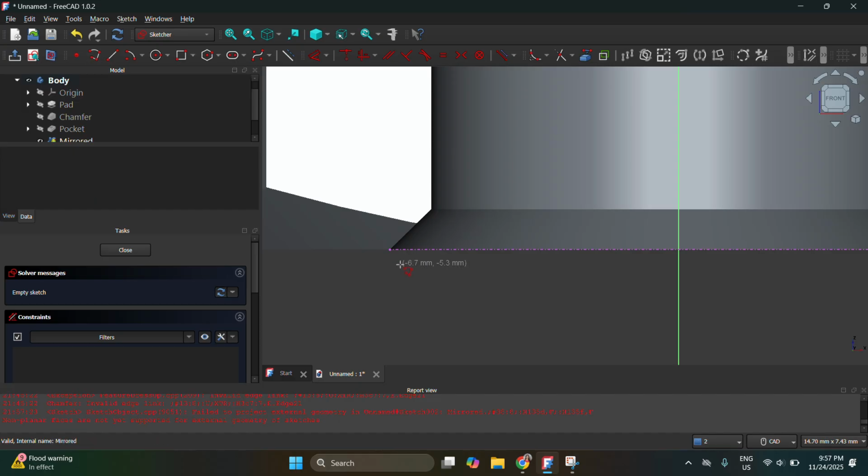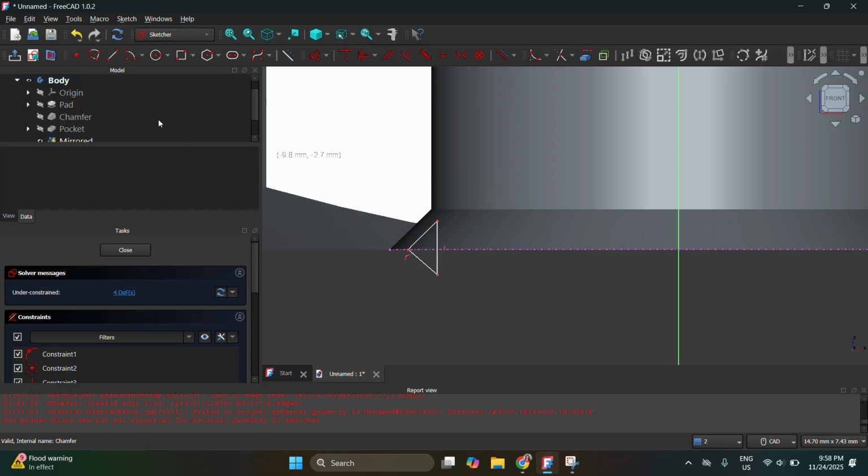Now I will draw the triangle. Use the polyline, create polyline, then click this one. This one is the external geometry that we created a while ago. Now click anywhere there. Later we can adjust that and form a triangle. Now we have to make sure that this one is really perpendicular, positioned 90 degrees with reference to the horizontal line.